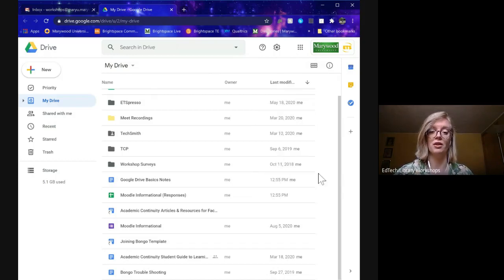So if you are working a lot in Google Drive and you want to know the last time you updated something, the list view will tell you that right off the bat. So that's pretty cool. So for example, I edited this Google Drive Basics Notes document at 12:55, so about 15 minutes ago, and it was modified by me,